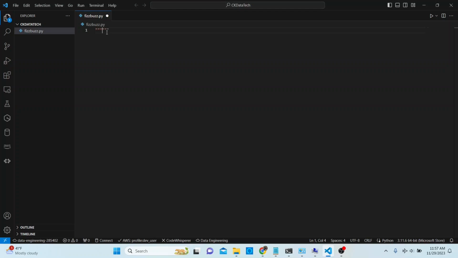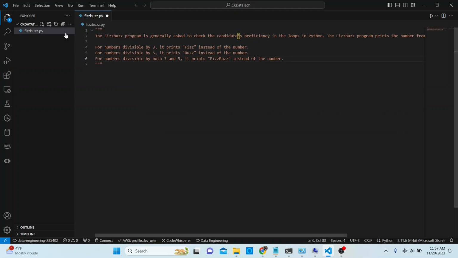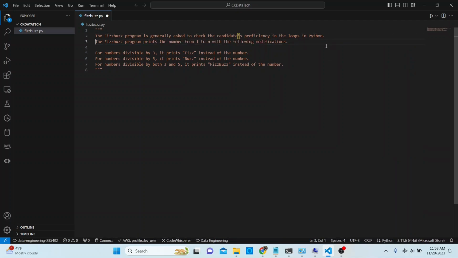So I'm going to put comments here like that. Okay, and basically to put comments in Python you can do this like triple quotations and close it. So this is multi-line comments, so anything that goes inside here is not going to run. So this is the description of the question, and what we want to do is to write a Python code that